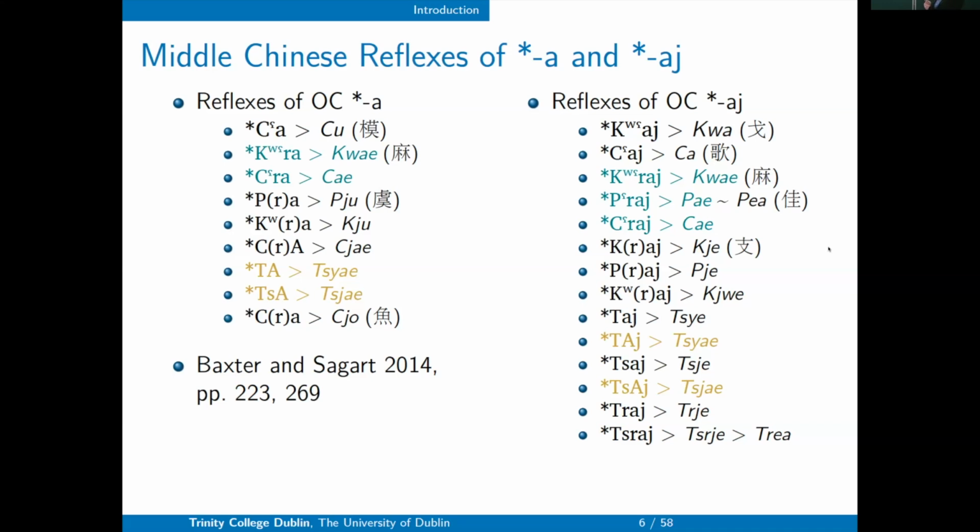Then we can move to the cases in yellow. Both Old Chinese *R and *I in type B syllables with acute initials have once merged and developed into Middle Chinese *A, which is Ma San, in some unidentified dialects. So there we have noticed that there is a merger of Old Chinese *R and *I.